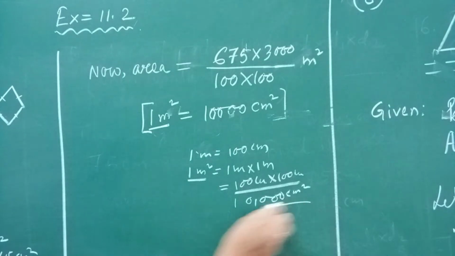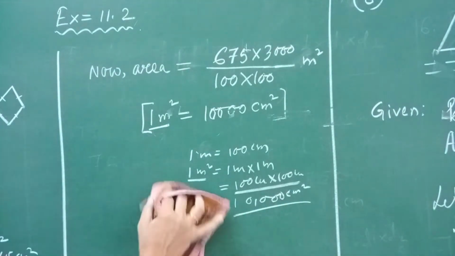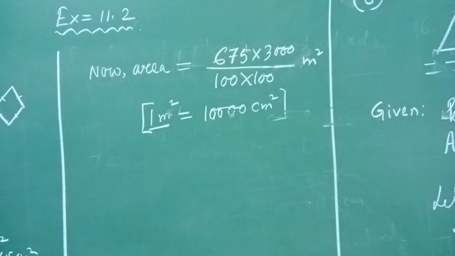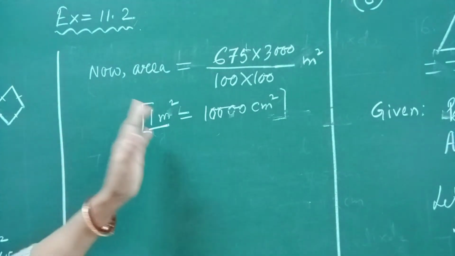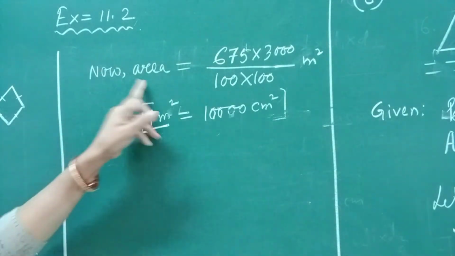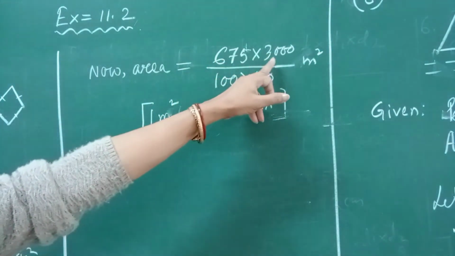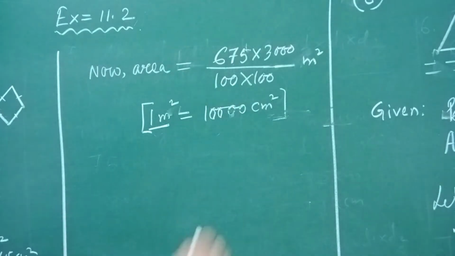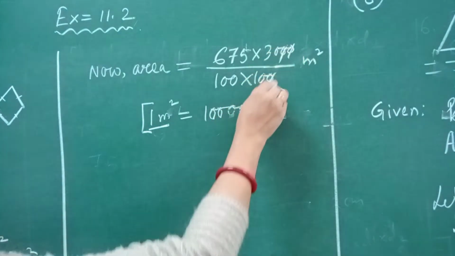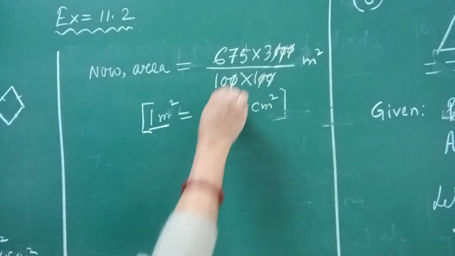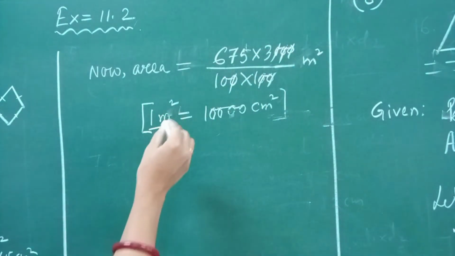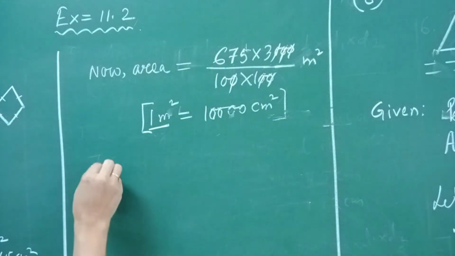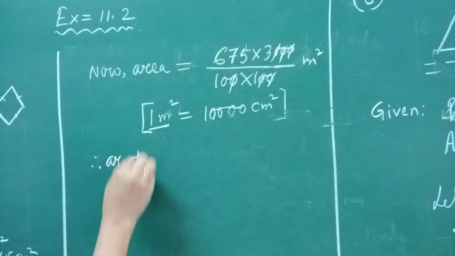centimeter square. Understood? This conversion is very important in mensuration chapters. In the sum, when you need to convert, you have to be clear with this concept. Now area is equal to 675 into 3000 divided by 10,000, because you are converting it into meter square. Cancel the zeros. Now multiply this and this, therefore area of the floor